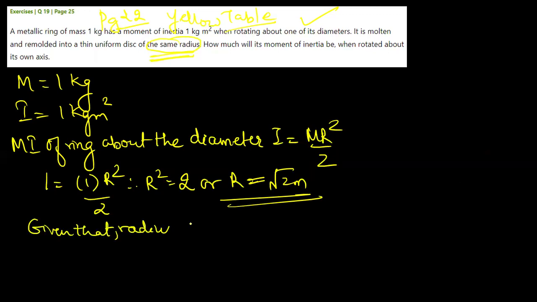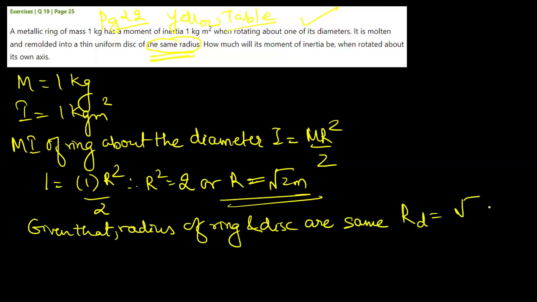रेडियस ऑफ रिंग and disk are same, so radius of disk will also be equal to √2 only, therefore I can write radius of disk is also √2, ठीक है। रेडियस ऑफ रिंग इज √2, तो रेडियस ऑफ डिस्क भी √2 ही होगा, दोनों सेम ही दिया है। हाउ मच विल बी इट्स मोमेंट ऑफ इनर्शिया व्हेन रोटेट अबाउट ओन एक्सिस, ओन एक्सिस मतलब सेंट्रल एक्सिस, टेक्स्ट बुक में वर्ड सेंट्रल यूज किया गया होगा, सेंट्रल एक्सिस मतलब ओन एक्सिस होता है। तो कितना मोमेंट ऑफ इनर्शिया होगा, अभी शेप चेंज हो गया, अभी रिंग नहीं है,